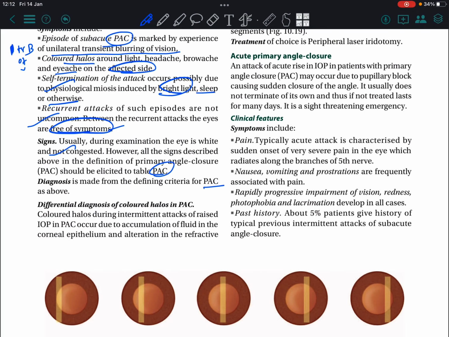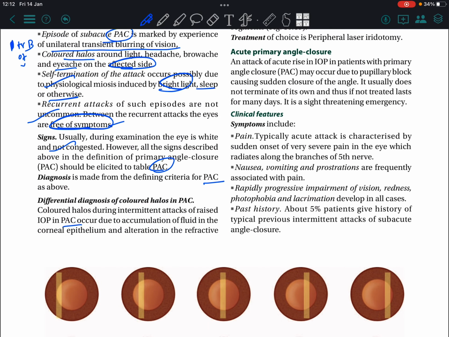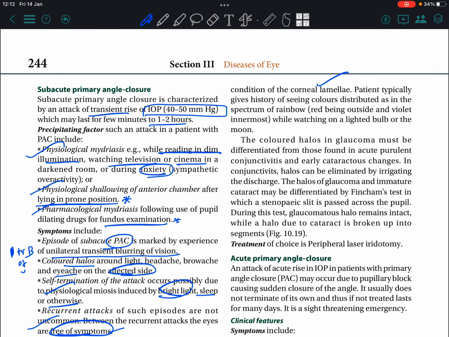Colored halos during intermittent attacks of raised IOP in PSC occur due to accumulation of fluid in the corneal epithelium and alteration in the refractive index of the corneal lamellae. The patient typically gives a history of seeing colors distributed as in the spectrum of a rainbow while looking at a lighted bulb or the moon. The colored halos in glaucoma must be differentiated from those found in acute purulent conjunctivitis